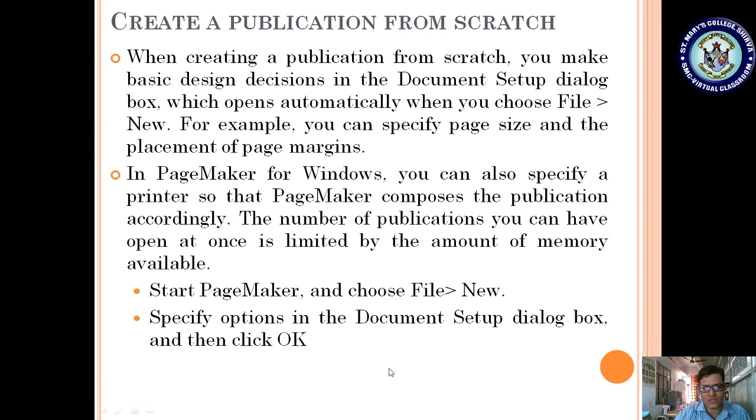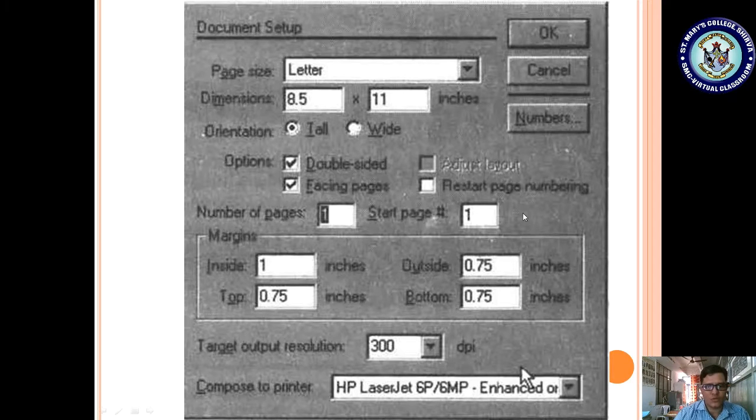Whatever specification you want to specify. So here the Document Setup is coming. You have to set your page size and dimensions, either tall or wide. Tall is portrait and wide is landscape. Double-sided means you can make it two-sided with facing pages. Also you can specify the margins, inside margin and outside margin.